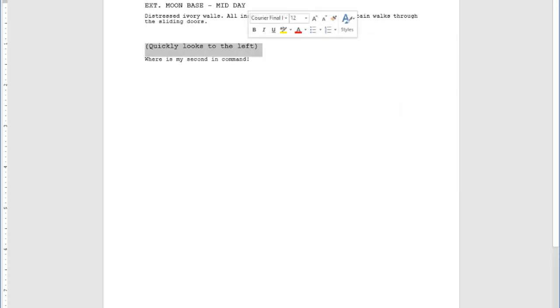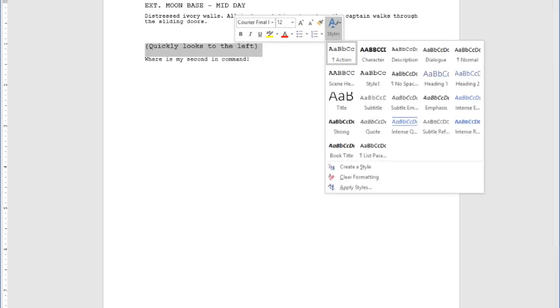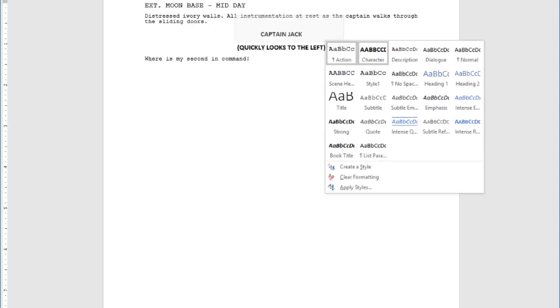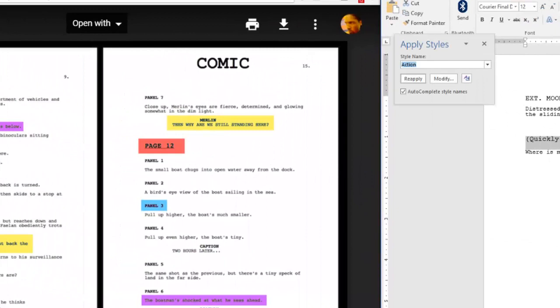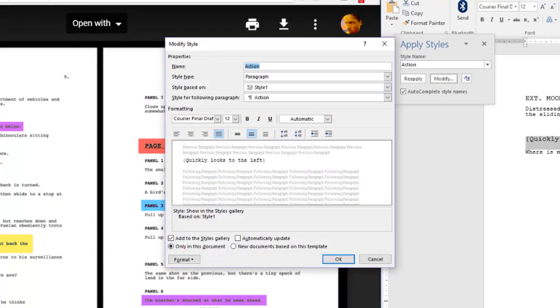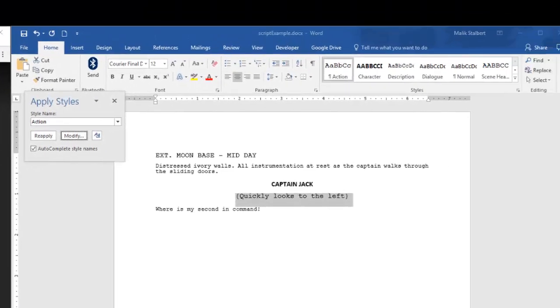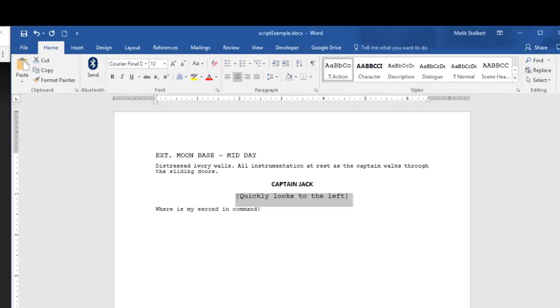And action is not actually correct. Action should have been over here to the center, and we can fix that. So I'm gonna right click on the action, hit apply style, say modify action, and I'm gonna want this pushed over to the center like that. I'm gonna click OK. Yeah, that's better for the action. And now I can go ahead and close this.